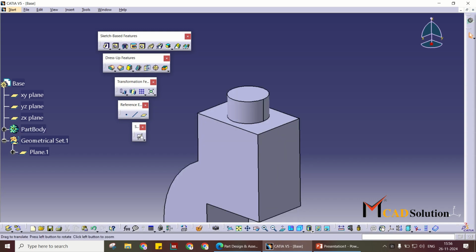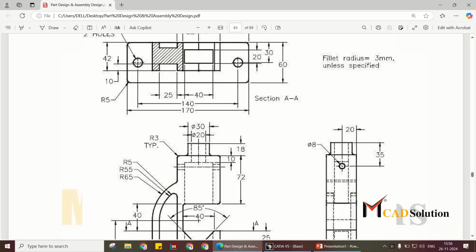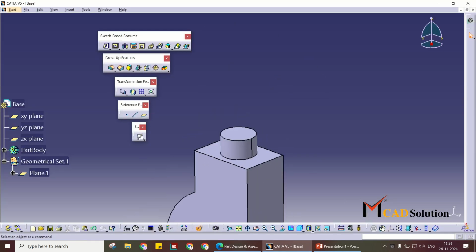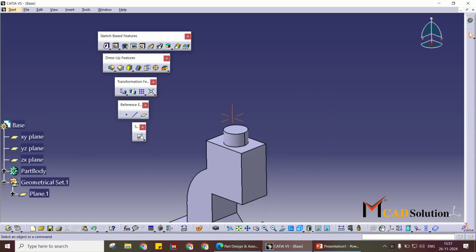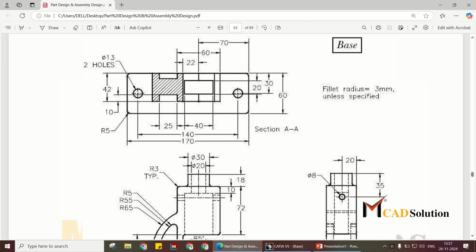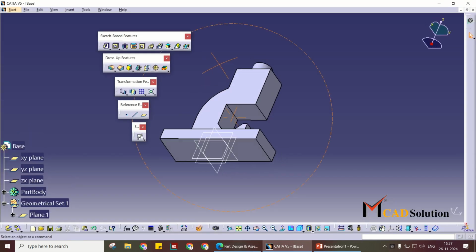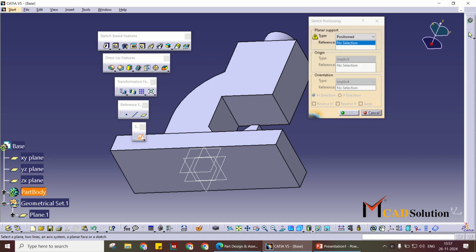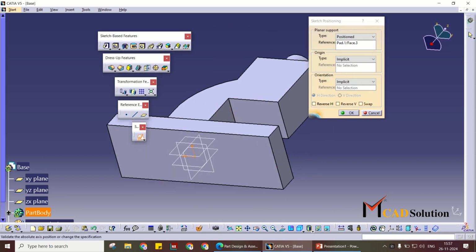Okay, now it's time to add remove material. You can see here one rectangle from bottom side. I have rotated this part, reverse edge, swap, OK.